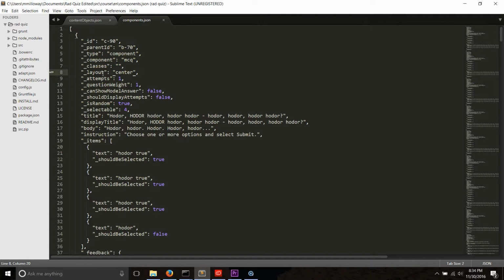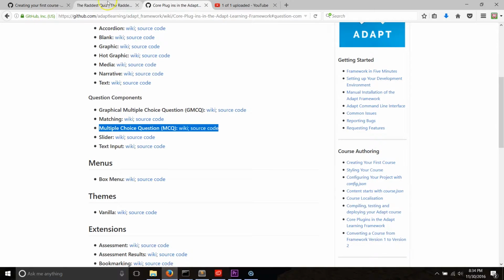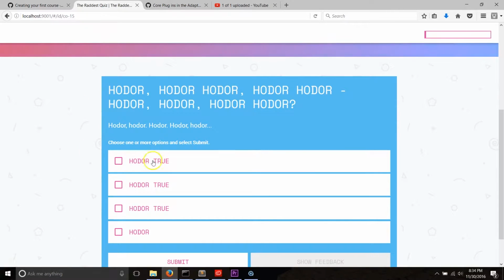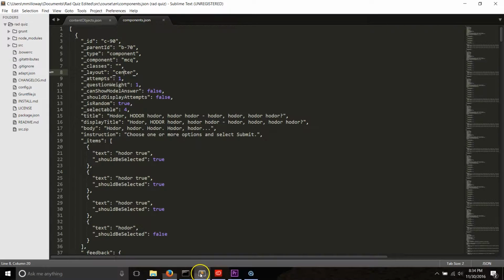Right now we have each of the quiz questions stretching across the whole center of the quiz. If I look here, it says center, and if I go to the quiz right here, you can see that it's stretched across the center. But say I wanted to add another component to the right or left hand side in addition to the question, I could move this over to the left and then have something else to the right. So let's just see what that looks like. If I change this to, say, left,